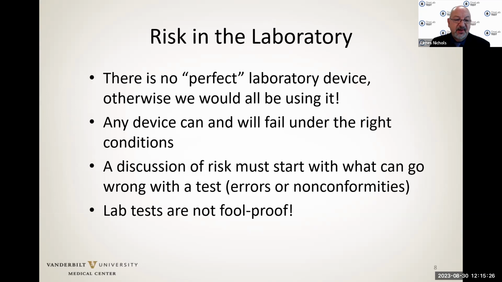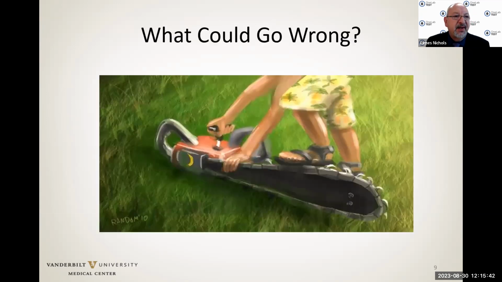And when a clinician sees a number, they think, oh, the test must have worked. We got a number. That, we understand, is not necessarily true. So we have to really break apart our processes. And much of this risk management in the laboratory is common sense. I think from this picture, we would realize if this person starts up this chainsaw in this position, that this is not going to end well. So a bit of what we do with risk management is using and applying our experience and our understanding of laboratory tests in the laboratory.